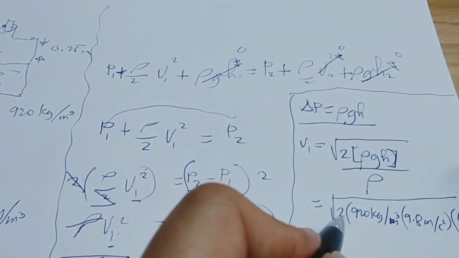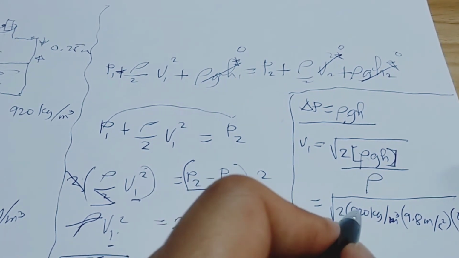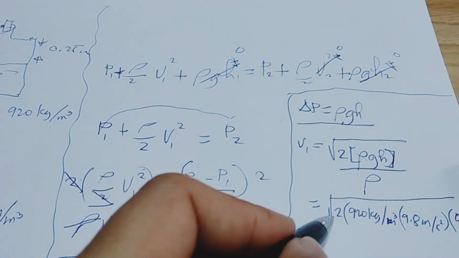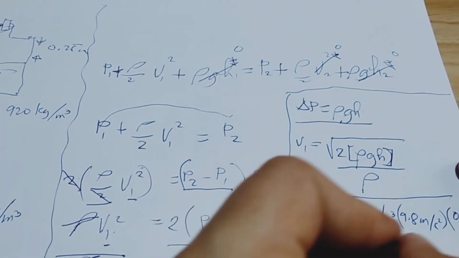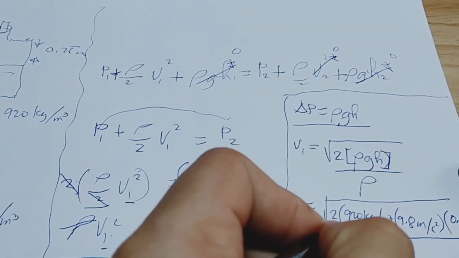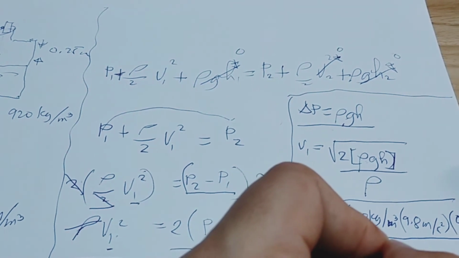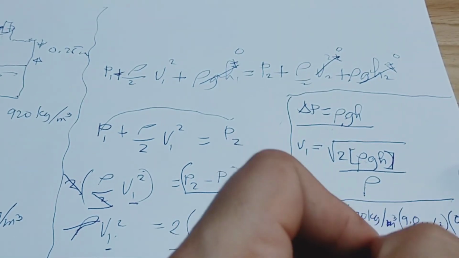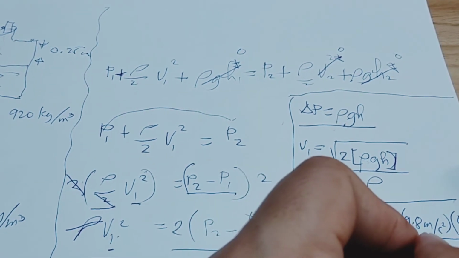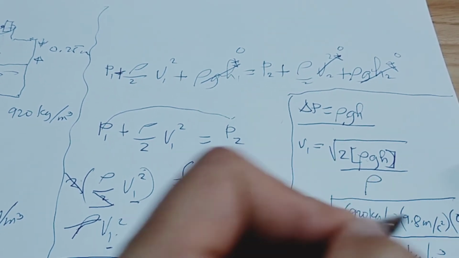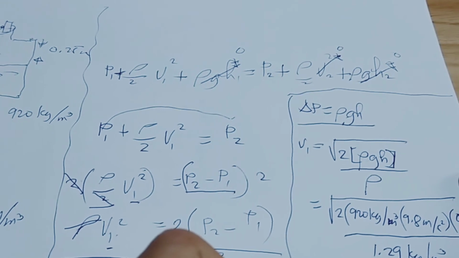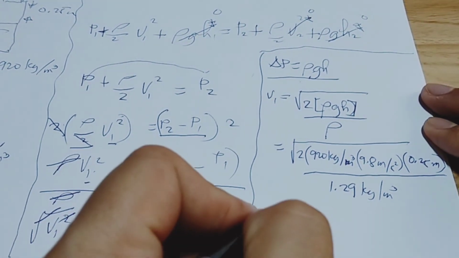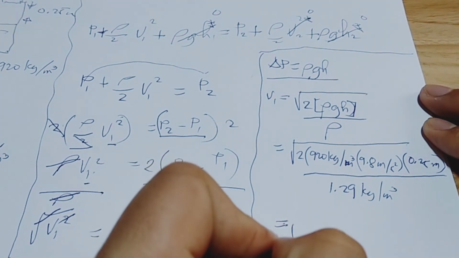So, i-multiply mo ito dito. Pwede ring multiply mo muna lahat to times 2. Parehas lang naman yung kakalabasan. All over 1.29, the density of air, kilogram per cubic meter. So, your V sub 1 is equals to the square root of,